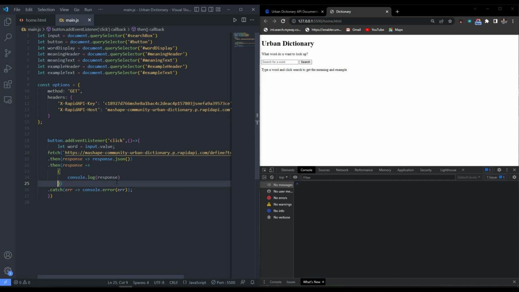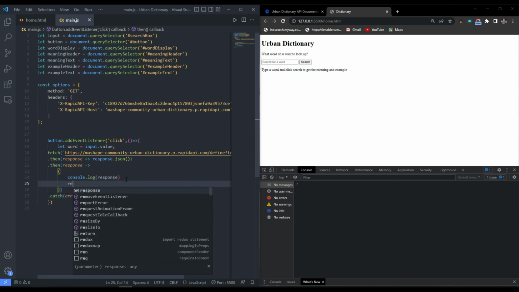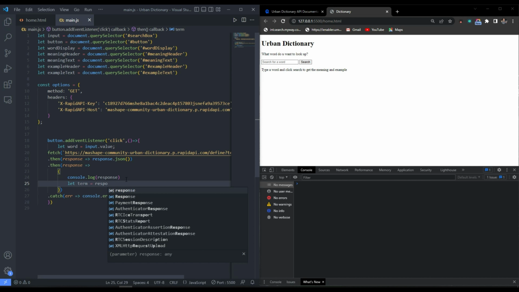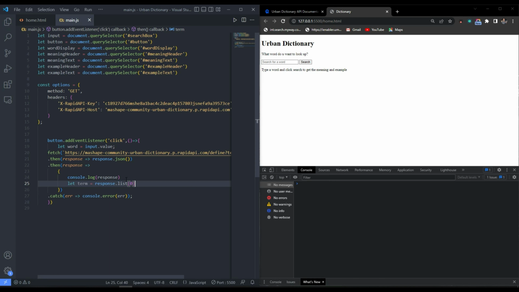And then what we're gonna do now is go to the response. We're gonna say let term, that will be the outermost term, and then we go to response, we know it's a list, and then we want the first element. So now we have our first element there, and then we can start appending things to our h1s and h2s